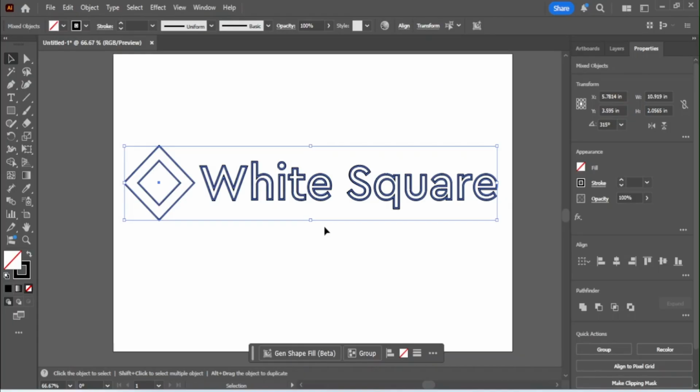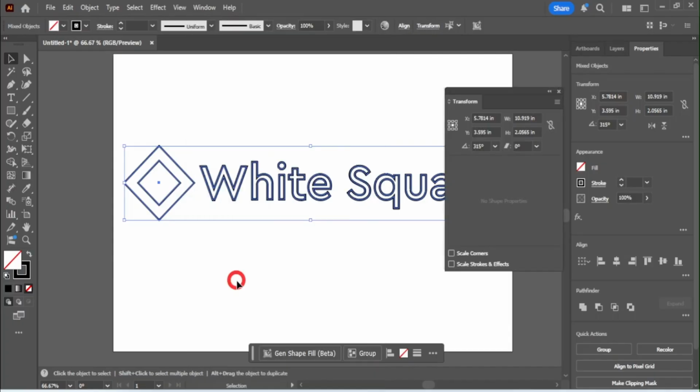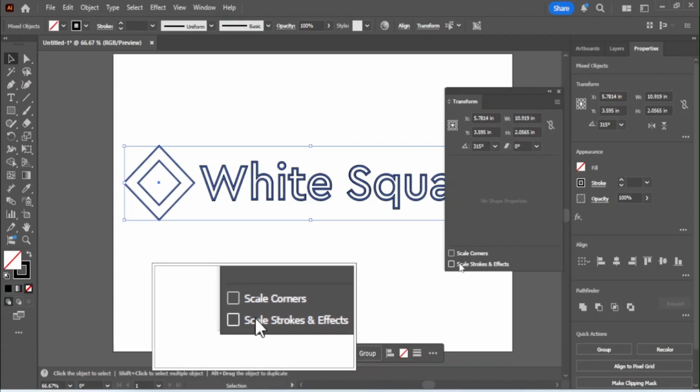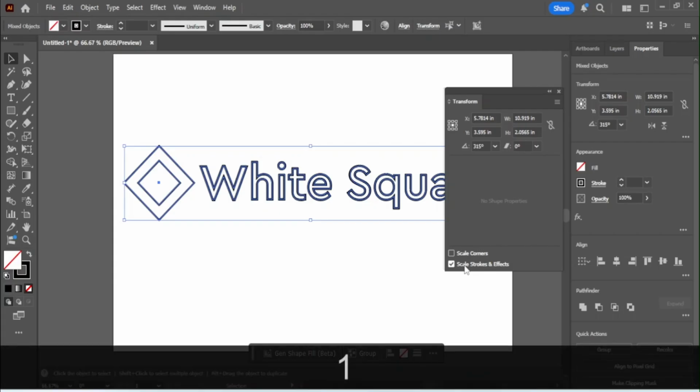the resize by pressing Ctrl Z, and now go to the Window menu and select Transform to open the Transform panel. At the bottom of the panel, you will see the option called Scale Strokes and Effects. Just check that box,